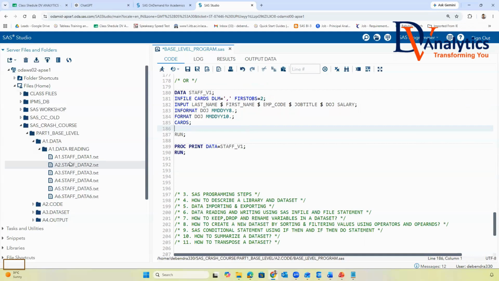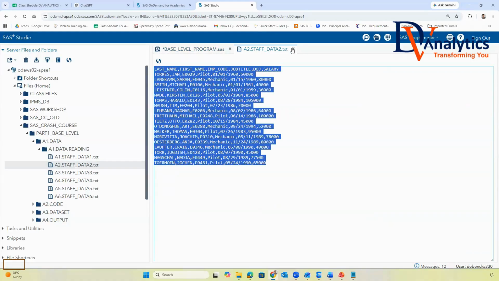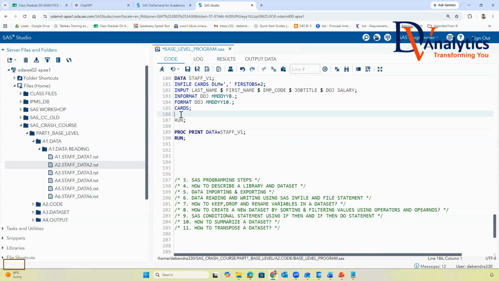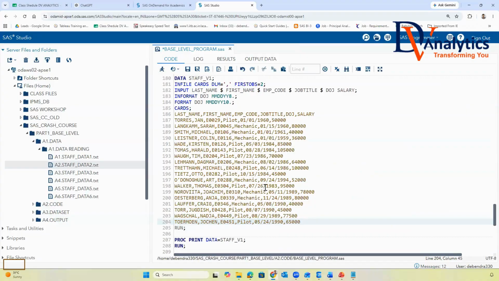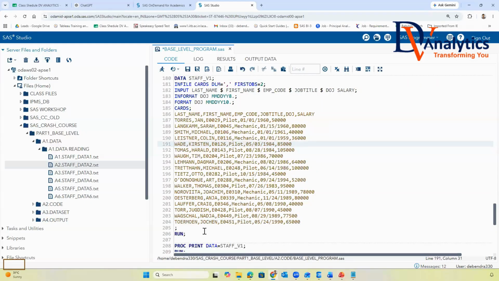Temporary data inside means I'll go for open, I can copy all this data from here, then I can come back to my code and paste it here. Then semicolon after the last one. So this is how, rather than giving this file path to read the data, you can also do this way.